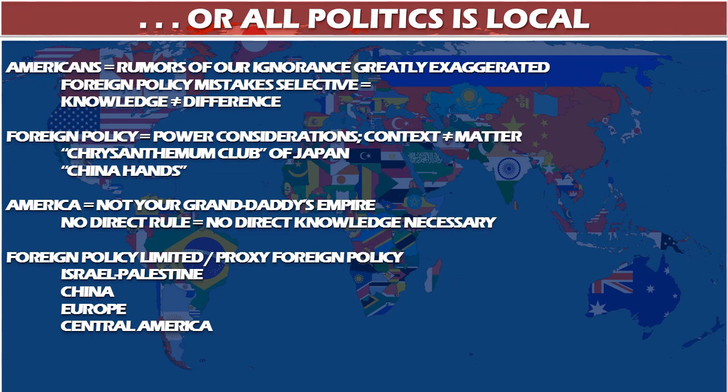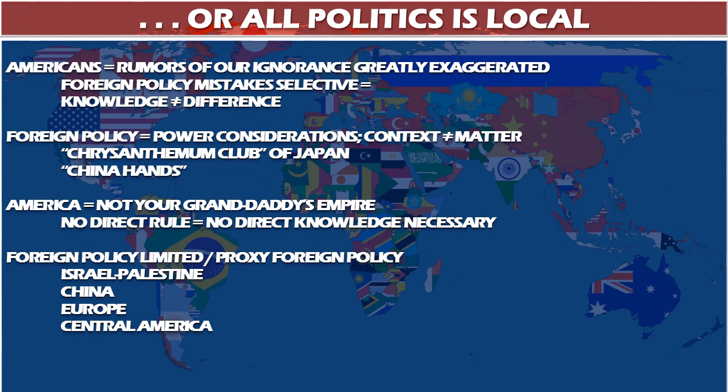But the other part to this is that people sometimes who have been the experts in different countries, there used to be something called the Chrysanthemum Club in Japan, which were the people who were experts and scholars of Japan, that they were often too cozy or too close to the countries, that they had somehow gone native, that they were basically taking the Japanese position when they were counseling the United States. And another phrase is China hands, were people that were in China, but they weren't really helping out our country or really loyal to the United States foreign policy goals.